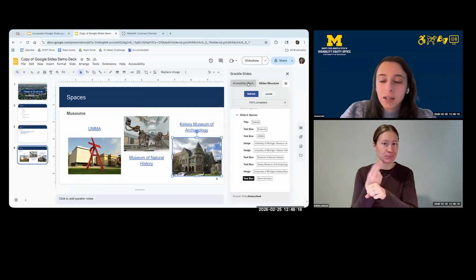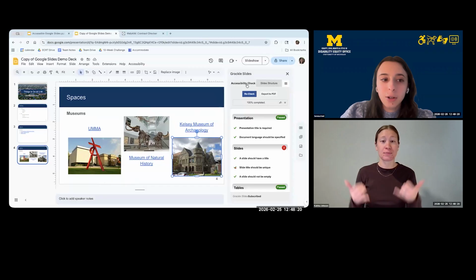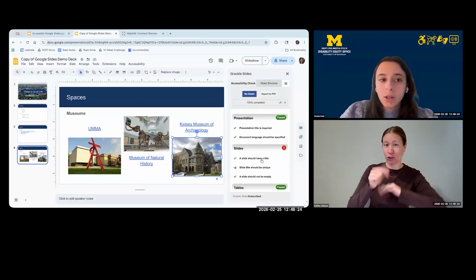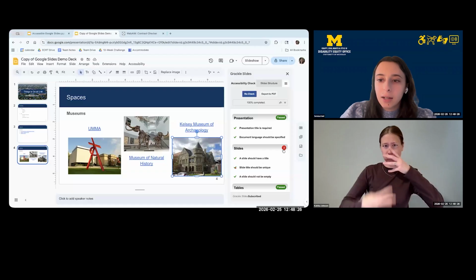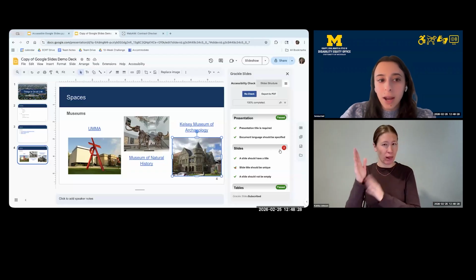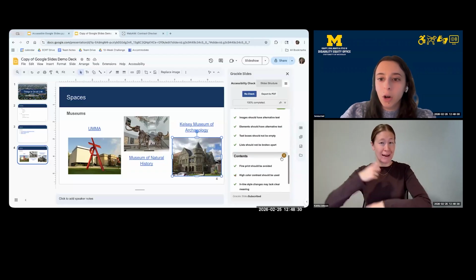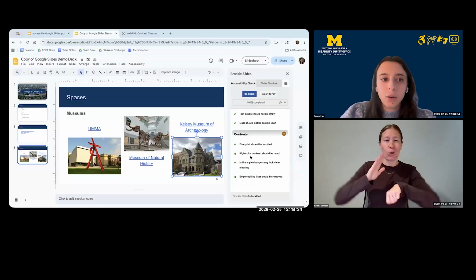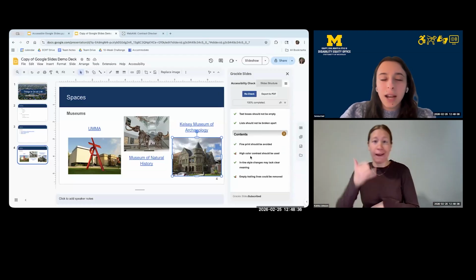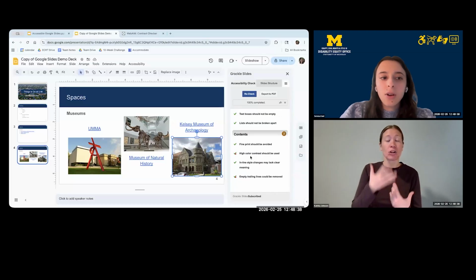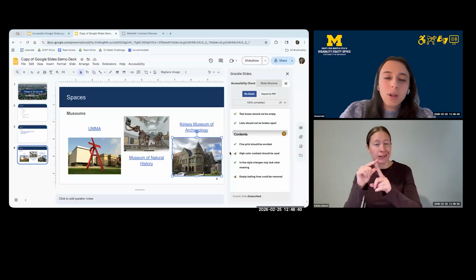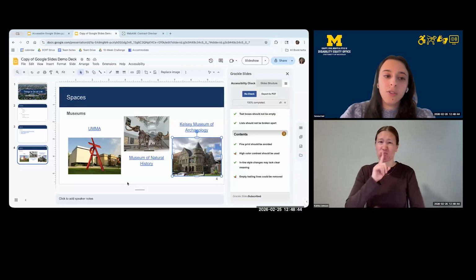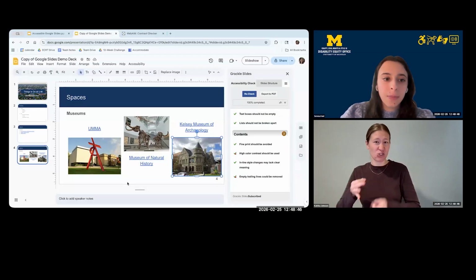Okay, if we go back to the accessibility check tab in Grackle, there's lots of other things that Grackle checks for. You'll notice that some of them get flagged as actual issues in red. Others are more like warnings in yellow. With things like color contrast or text readability, Grackle can warn you about it, but it's really up to you to check and verify that you're using accessible fonts or color combinations.